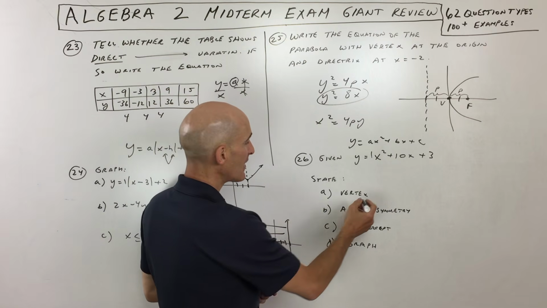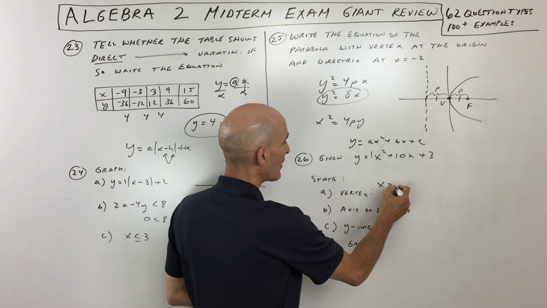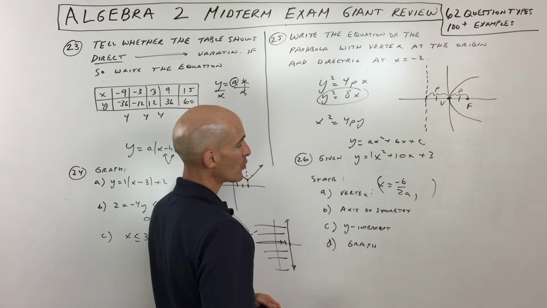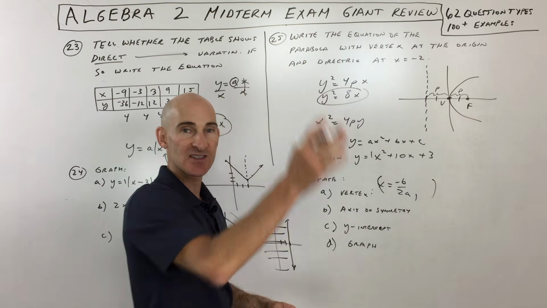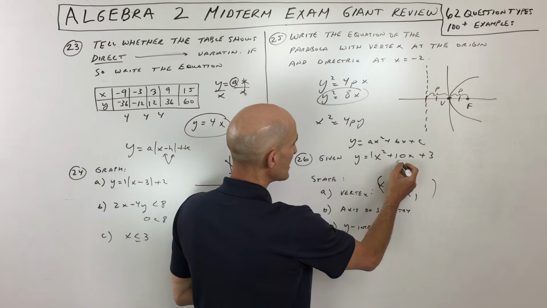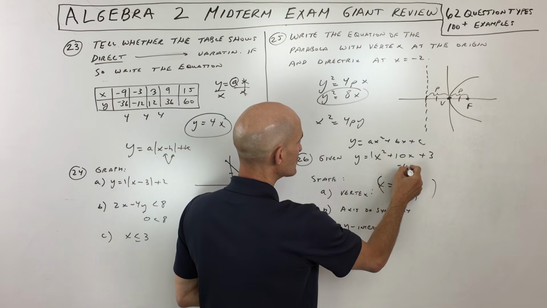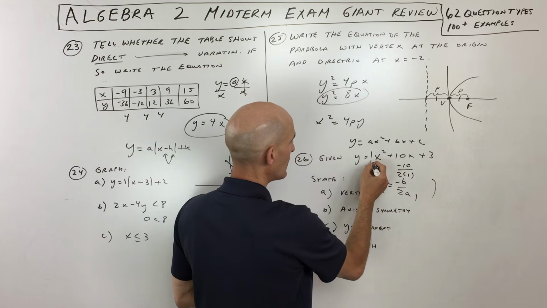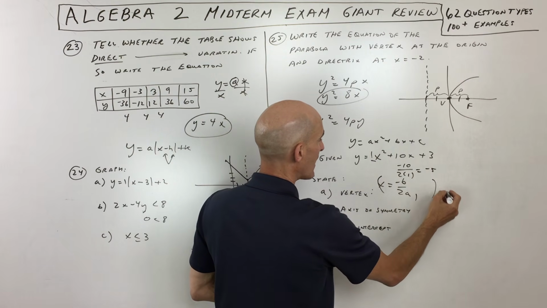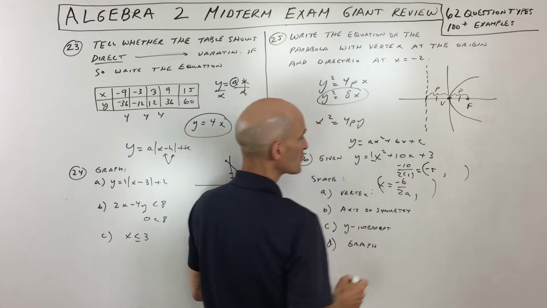So basically, when you find the vertex, this is the formula you want to remember. x equals negative b over 2a. That gives you the x-coordinate of the vertex. It also gives you the axis of symmetry, the line that divides the parabola in half. It's the same on both sides. So in this case, it's going to be the opposite of b, which is negative 10, over 2 times a, which is 1. Negative 10 divided by 2 is negative 5. Okay, so negative 5 is our x-coordinate of our vertex.